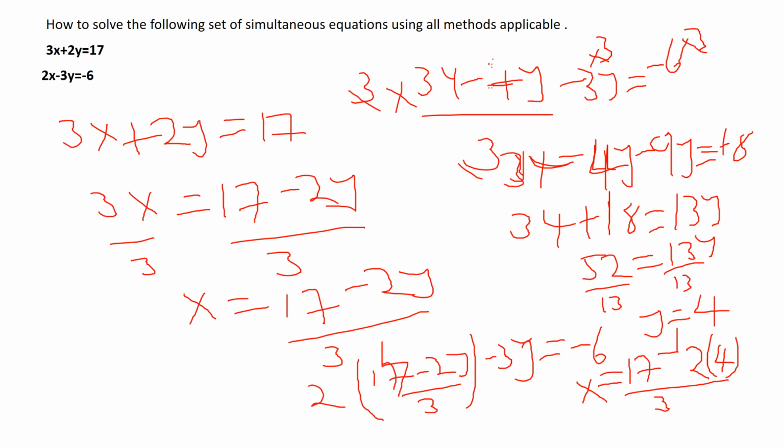So if you take 17 minus 8, you get 9. So in this case here, you will have 9 divided by 3, which our x gives us the value of 3. So you can see that is how you can solve using the